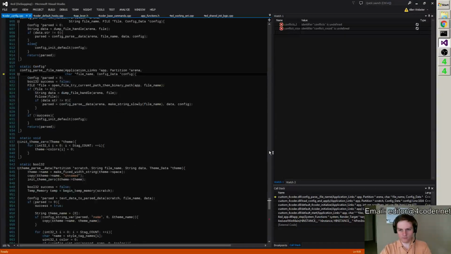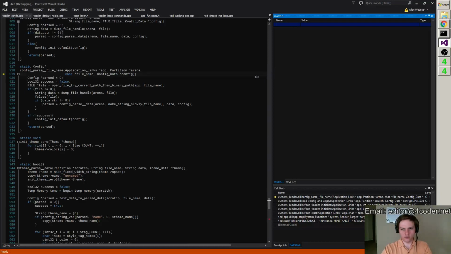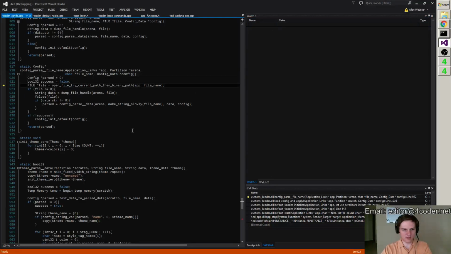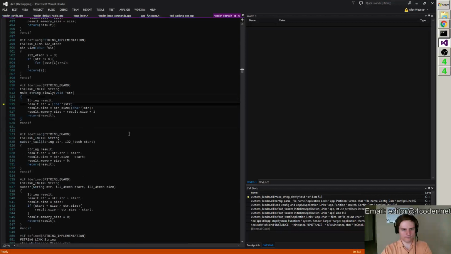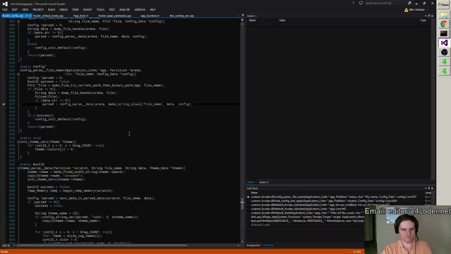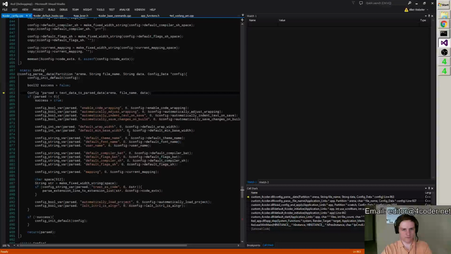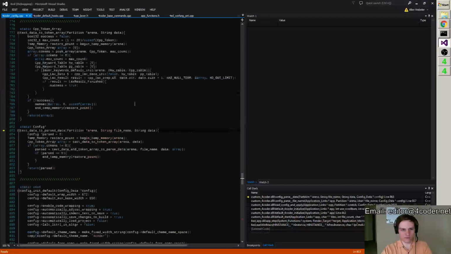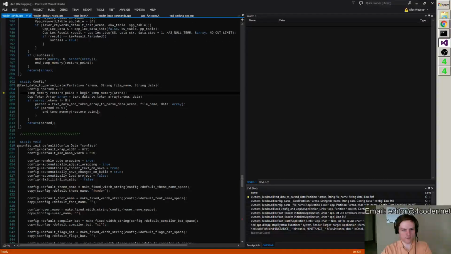Alright. We're just going to go in here and look at the actual parse, because clearly something is going wrong in the parse. That seems like the most likely explanation anyway. I suppose it could be something wrong after the parse, but I don't think so.